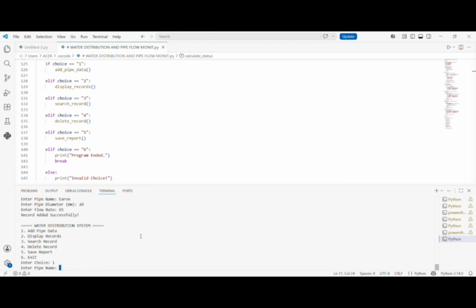For Crystal, the system takes 15 diameter and 42 flow. For Badilio, the system takes 32 diameter and 111 flow. All this data is bundled into a Python dictionary and appended to our pipe_records database.